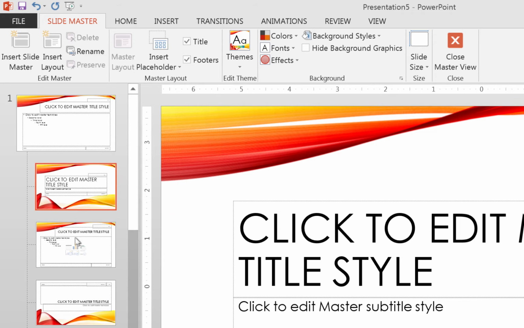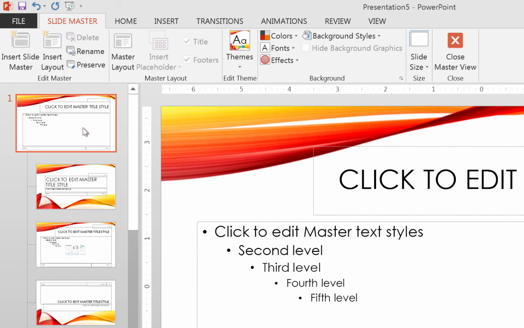You could still modify different things about the other slides or about the other slide thumbnails, but this one kind of sets the tone for everything. So we'll do this one first, and then we'll edit the title one. But make sure you scroll up. I'm not sure why it starts there. You should go up to the very top one, and some of the things we're going to do on here,